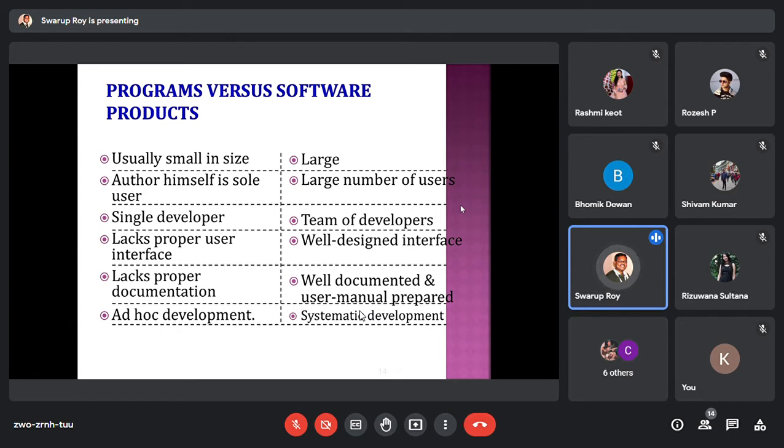But software products are basically developed by a team of developers. It cannot be done by a single person. And it is a team of developers of different levels, different expertise, different experience, so that they can develop that thing. If you are writing something for your own self, you hardly think about having a very user-friendly interface, a graphical user interface, or GUI, or UI, whatever.